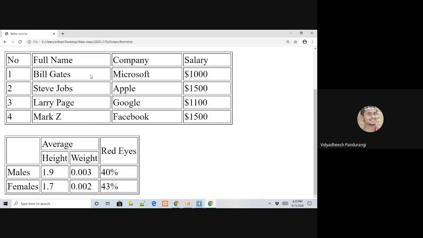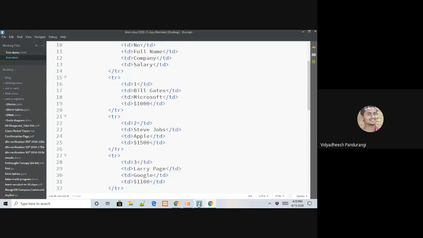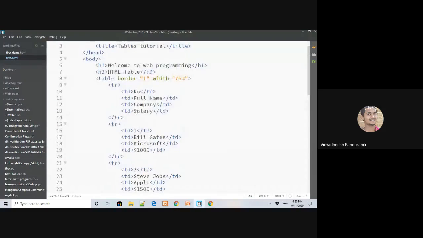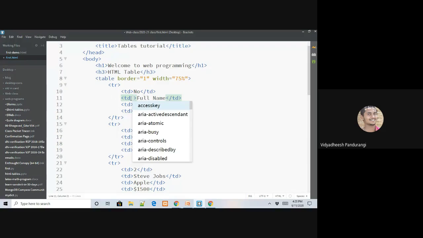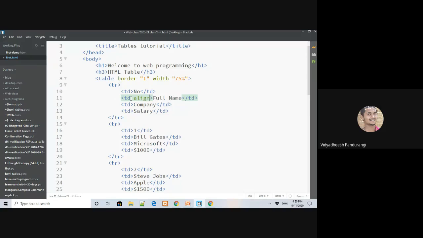Let me just bring all of these names of these personalities to the center of the cell. So how do I do that? I'll have to go to the second cell of every row and add this attribute called align, and the value that you should give here is center.